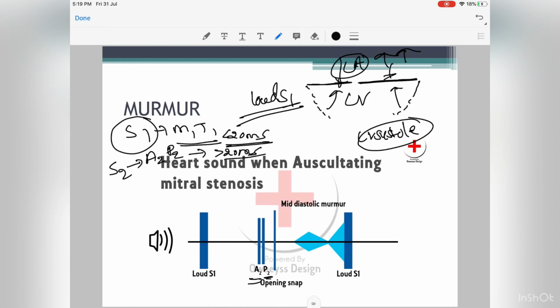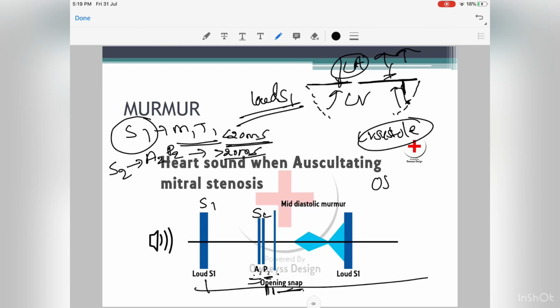Okay, so if you see the phonocardiogram of mitral stenosis, here is the S1 and here is the S2. S1 is loud, represented by a thick line, and S2 is soft or normal, which is represented by two separate lines, that is due to A2 and P2. After that, there is a louder sound, that is the opening snap. Whenever this wall opens, because it is thickened, it produces a few vibrations which are perceived as the opening snap.